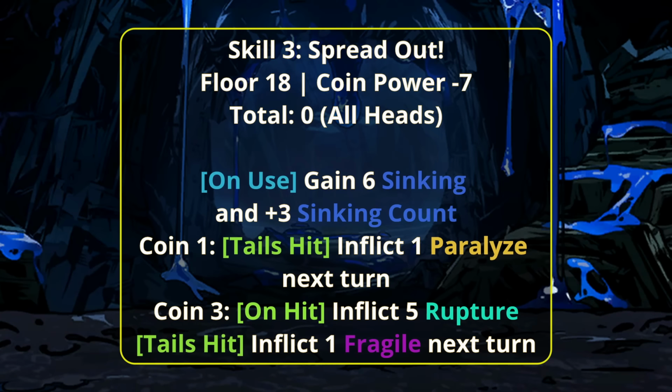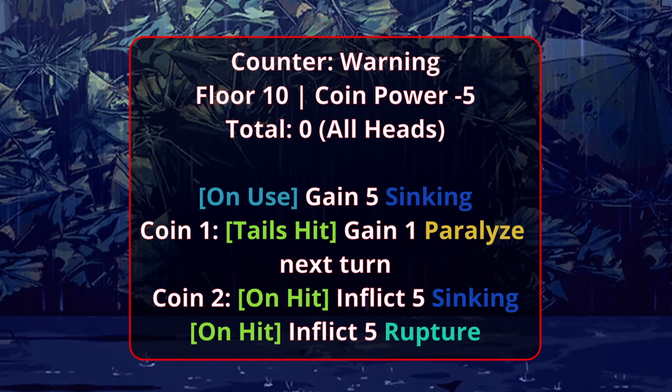For skill 3, I would make the coin power -5 instead of -7. This keeps it as a still risky option while not feeling like utter trash after one heads hit. I would also increase the base power from 18 to 19, just to give it a little bit of a power boost since this is his skill 3, and you can't boost this with blunt damage up, so I think 19 is pretty fair. His counter, I would make the coin power -4 instead of -5, and make the paralyze